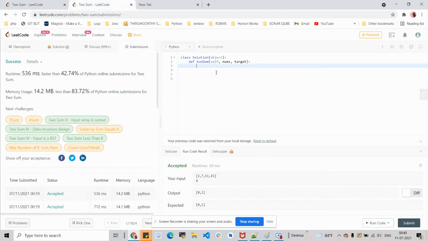So to begin with, let me declare an empty dictionary, and I'm going to fill this dictionary with the given list elements. There will be only one pointer. nums is the given array list.